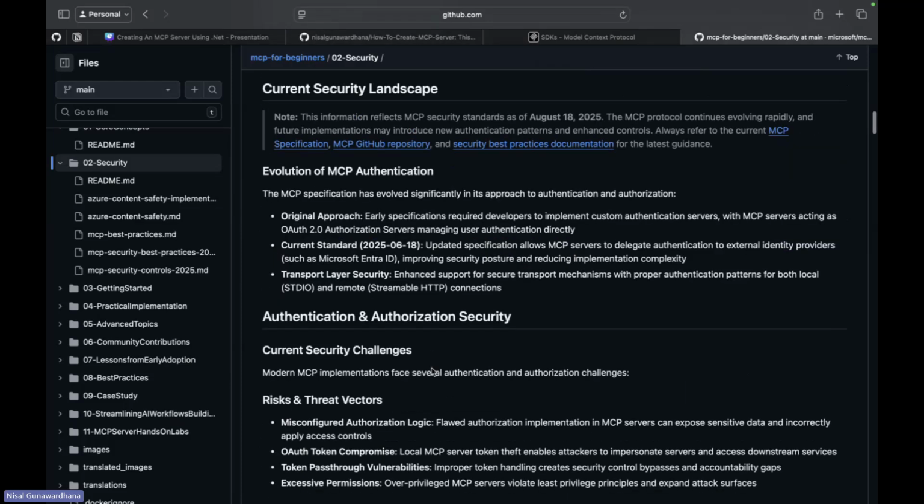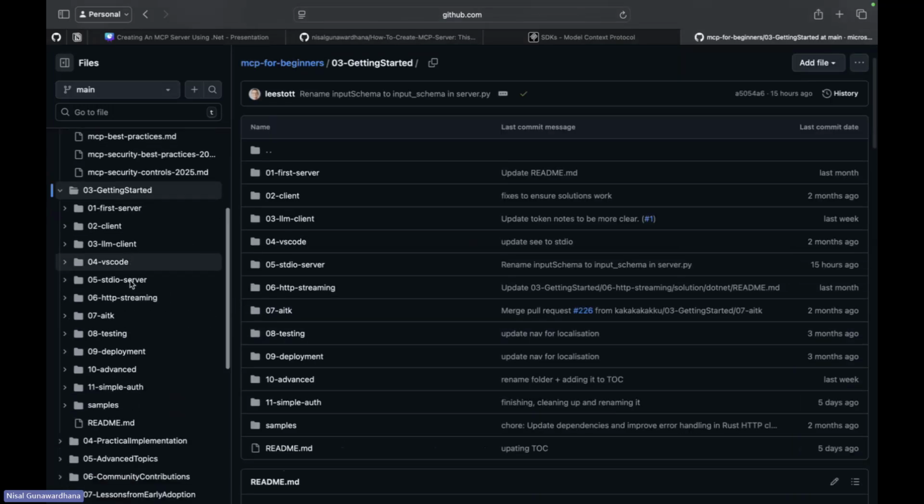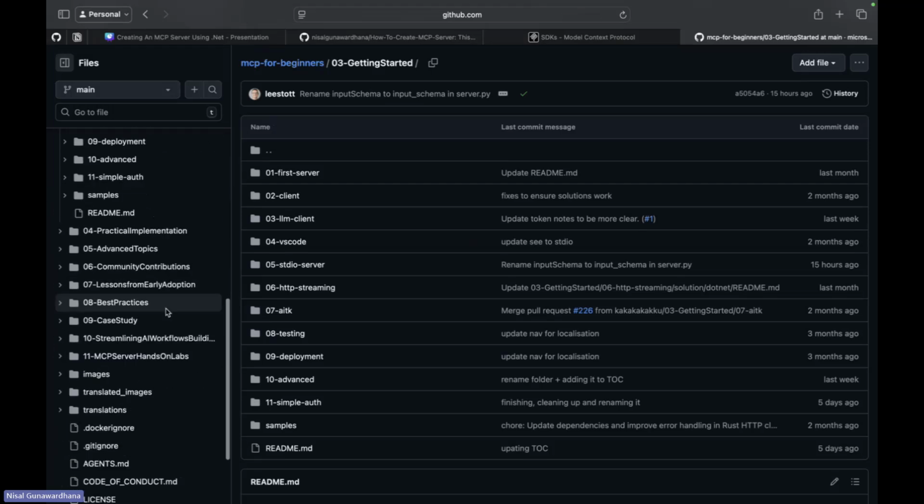Microsoft solved that problem through their product, Microsoft Shield, using that kind of solution. You can go through this course content and learn much more about what MCP is and how it works.